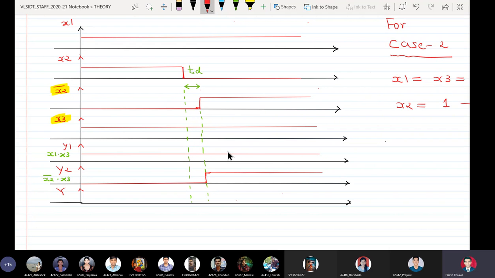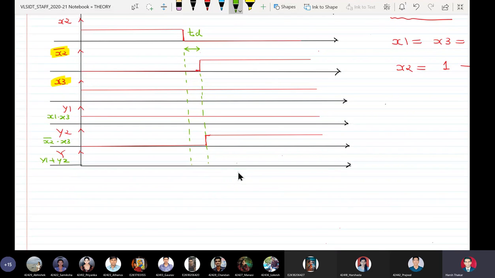So now the output y is ORing between y1 and y2. It is y1 ORed with y2. We can clearly see that when we do ORing between these two, then